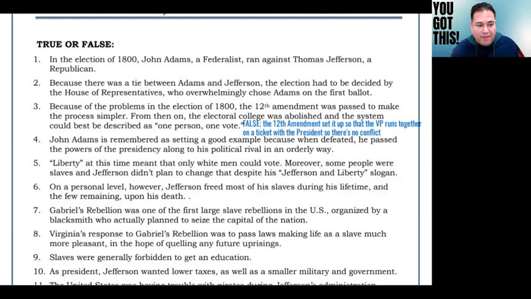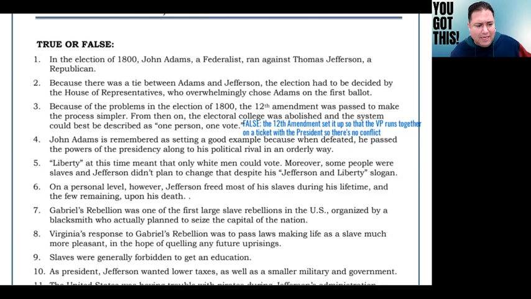Number seven, Gabriel's Rebellion was one of the first large slave rebellions in the U.S., organized by a blacksmith who actually planned to seize the capital of the nation. That's true. An early example of an armed insurrection in our country. That's number seven. Number eight, Virginia's response to Gabriel's Rebellion was to pass laws making life as a slave much